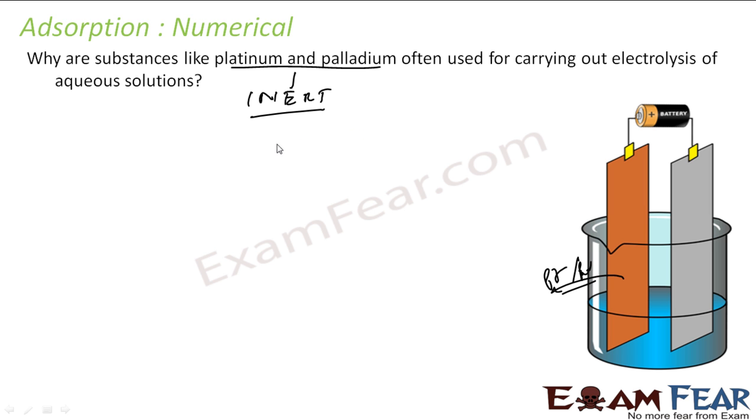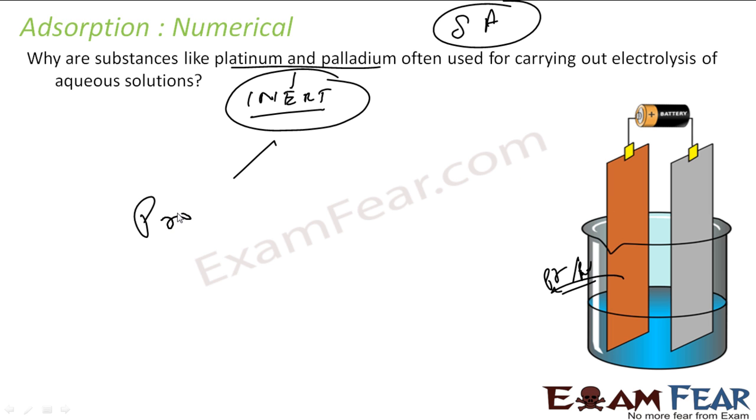See, as I told you, everything is dependent on surface area. Surface area is important here too. So platinum provides surface area for the reaction to happen. Since it has more surface area, the reaction is faster, because everything is happening on the surface, right? So if there is more surface area, the reaction is faster. But as such, they don't take part in the reaction.